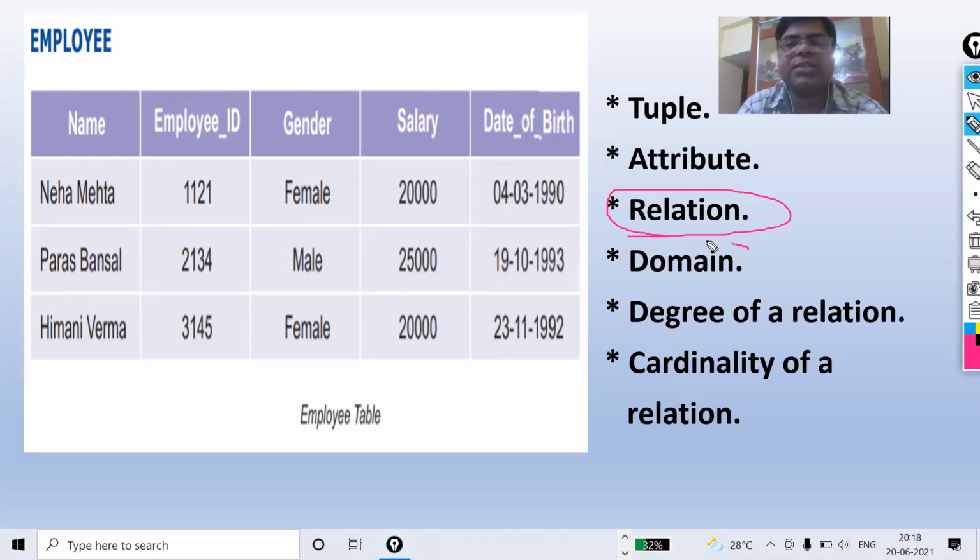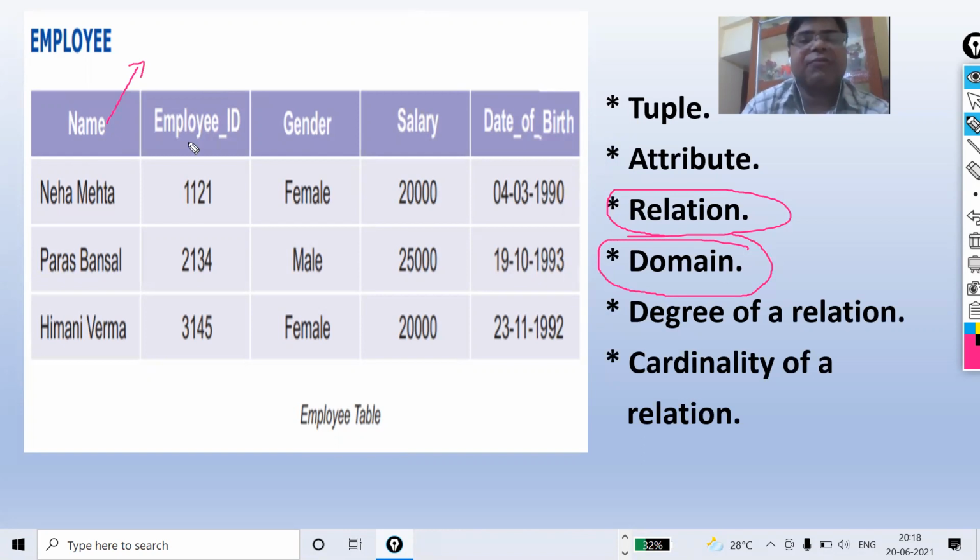Next one is domain. The data type of values in each column is called the domain. Now, what is the data type of value? See, I'm saying about the name. If it is varchar, then it will be your domain.